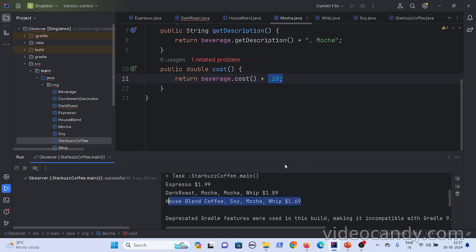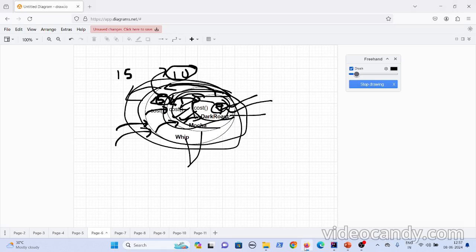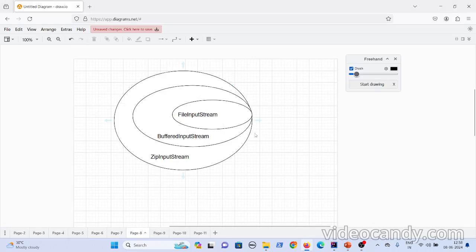So this is how you use a decorator pattern. You simply remember this particular example. Okay, let me explain it with another example. If you are familiar with Java, you've seen code like new FileInputStream, new BufferedInputStream of FileInputStream, and new ZipInputStream of new BufferedInputStream. Initially this FileInputStream is your object, your component, and you want your file to be read as a zip file and as a buffered stream.